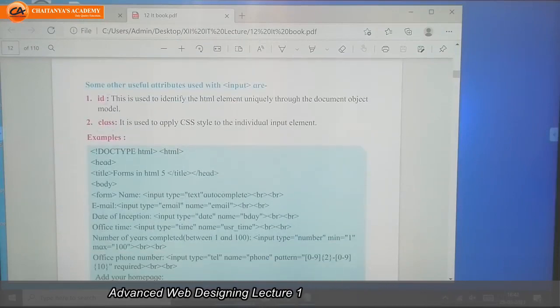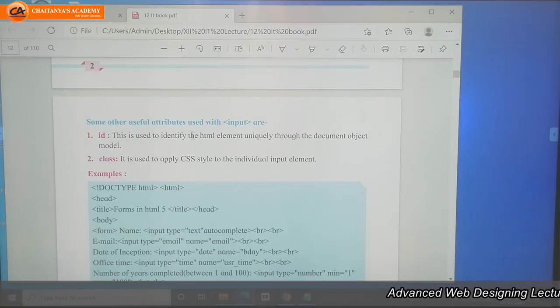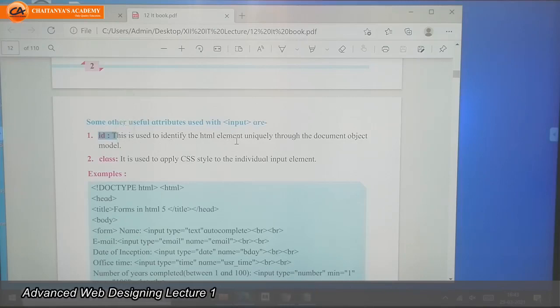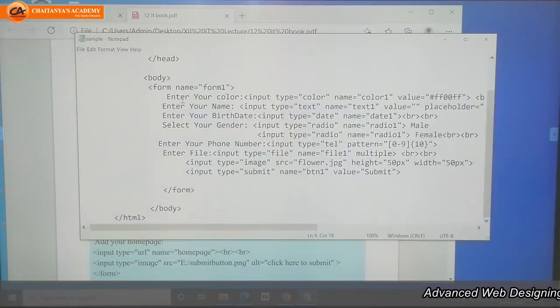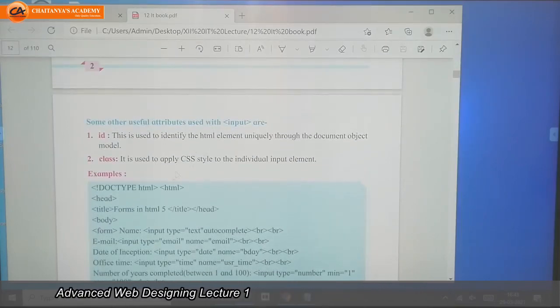Next, the form tag input type attributes are ID and class. This ID attribute is used to identify the HTML element uniquely through the document object. Uniquely means the ID attribute is only one. This ID and class, we are going to learn in the next session, that is CSS.